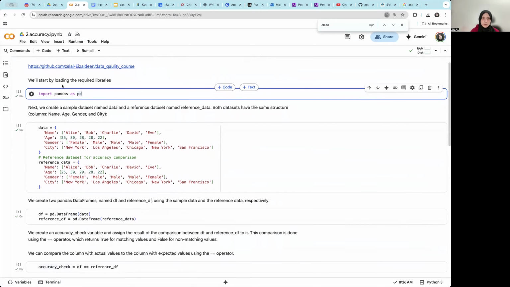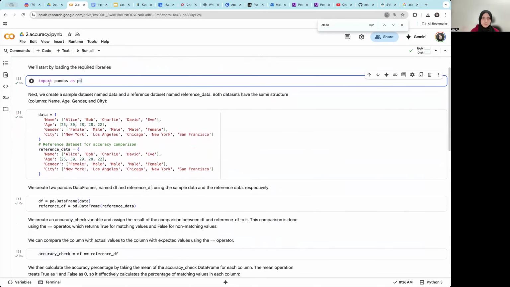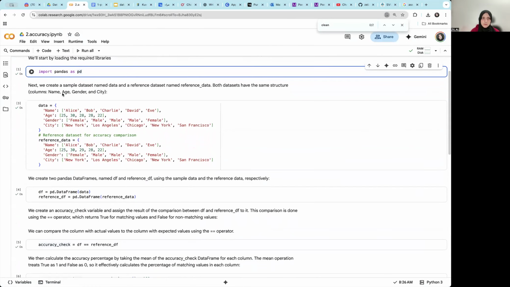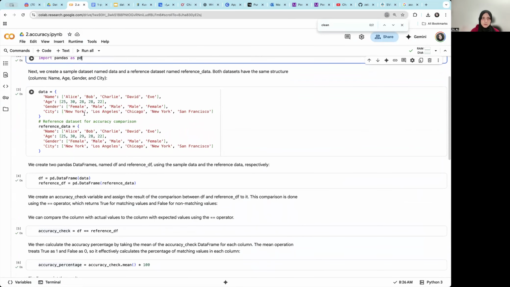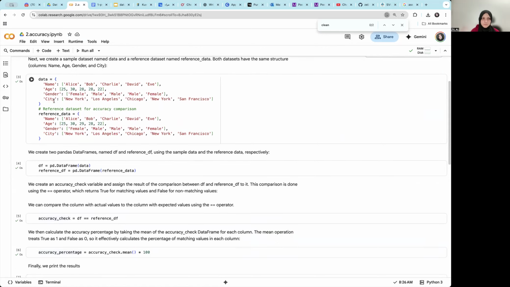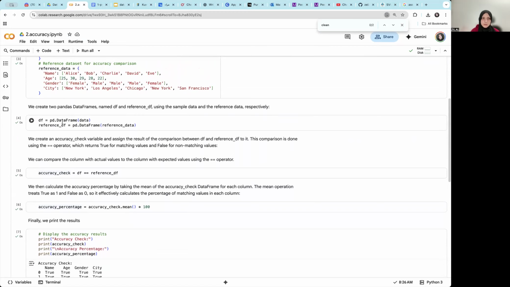First of all, I'm loading the required libraries, pandas. Then this is a sample data set of the data, and this is the reference data, but I will compare it with the original data. Then we create two pandas data frames,